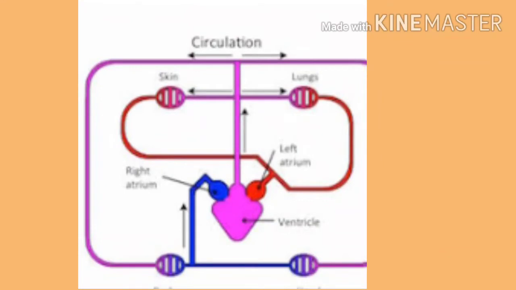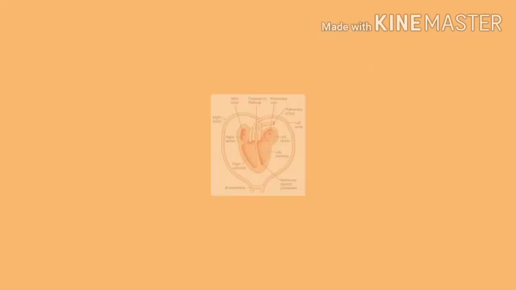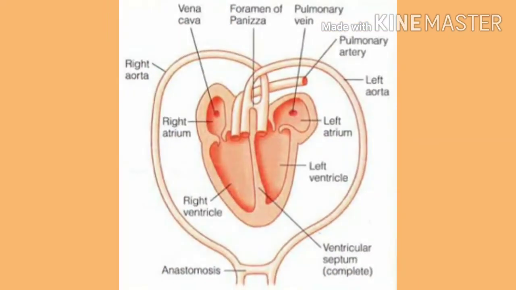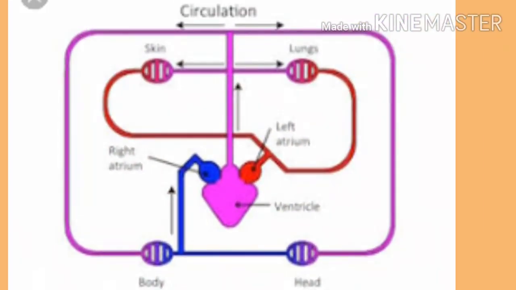Amphibians and reptiles possess a three-chambered heart with two atria and a single ventricle. Crocodile is a reptile, but it does not possess a three-chambered heart. It possesses a four-chambered heart. In amphibians and reptiles, the left atrium gets oxygenated blood from the gills, lungs or skin, and the right atrium receives the deoxygenated blood from other body parts.